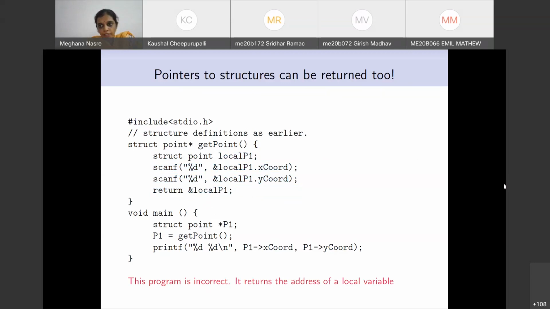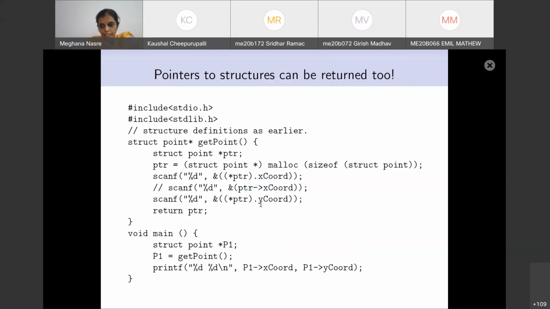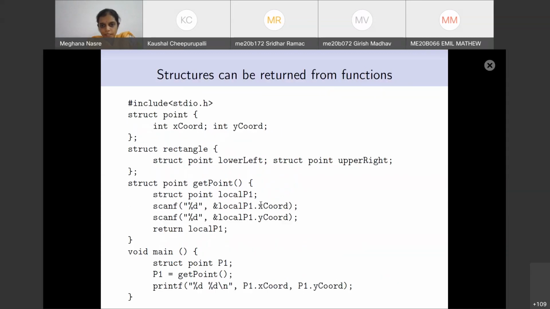Okay, so one of the questions that one of you has asked is about the previous program, where I said that this is a correct program. There is no problem in this. However, when you do this, there is a copy that is happening. So every time you are taking everything into this local P1 and then copying it into the point P1 here, right? This is okay if you are taking one point.